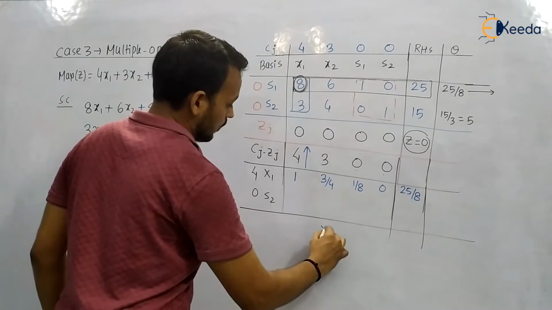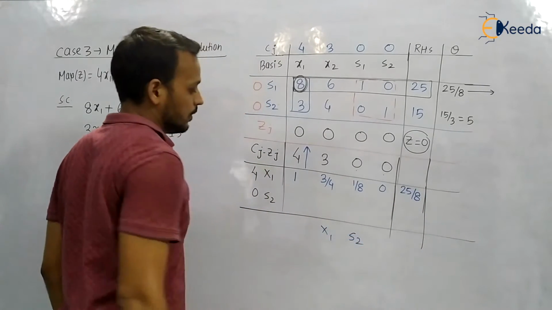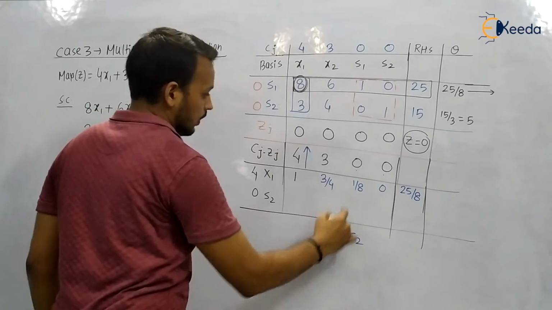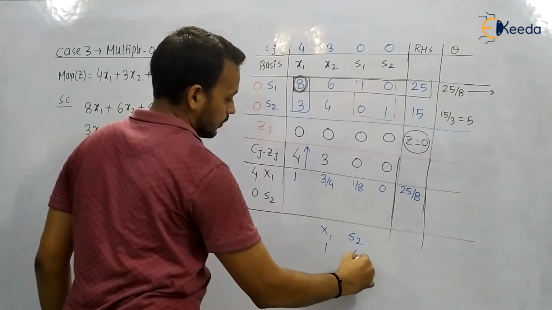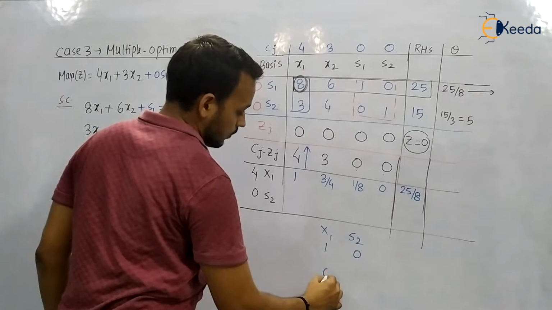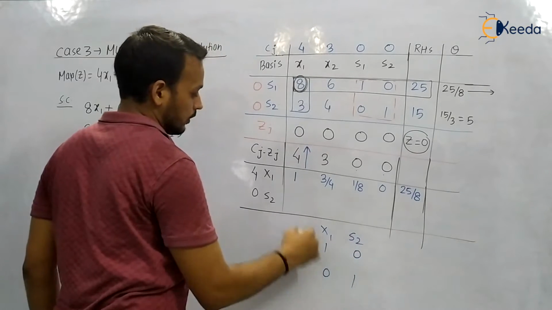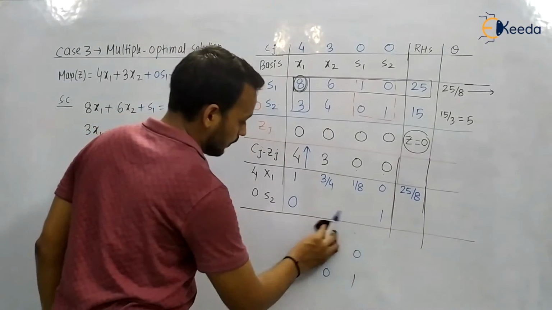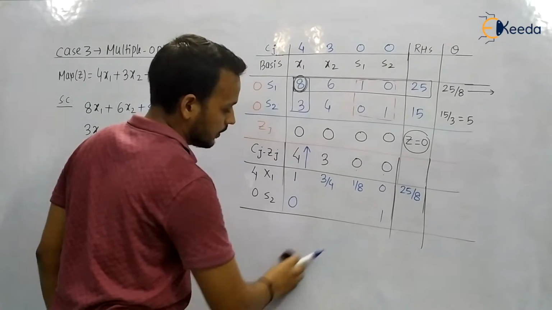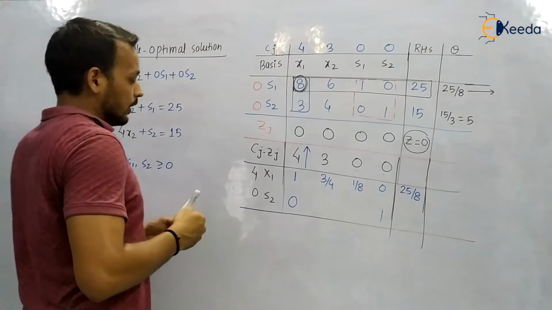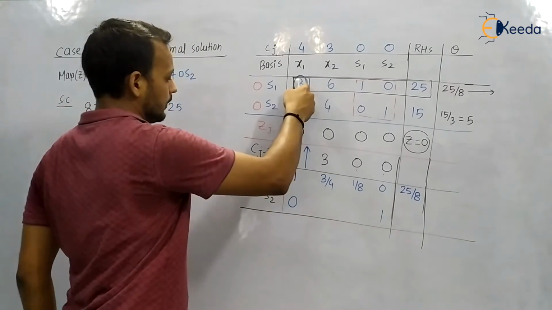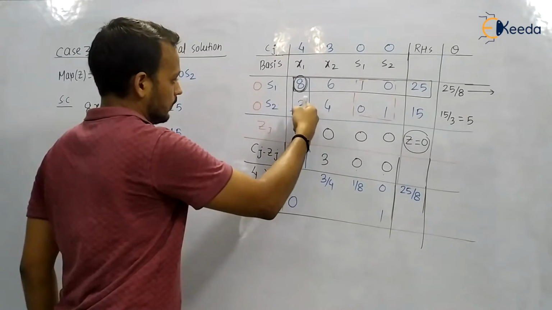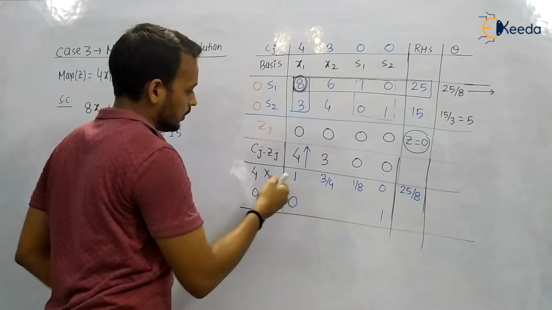Now this x1 and s2 are the basic variable. They will make an identity matrix within the simplex table. For x1 it is written 1, and for s2 it is written 0. So here it will be written 0 and 1. So below x1 it is 0, and below this one this is 1. So try to make an identity matrix for the basic variable within the simplex table. Now we will do the calculations. Here it is old minus new. So this is 3 minus 1. It is not 0.